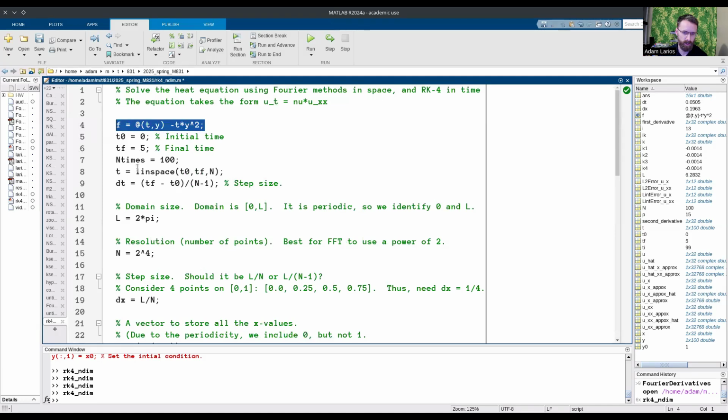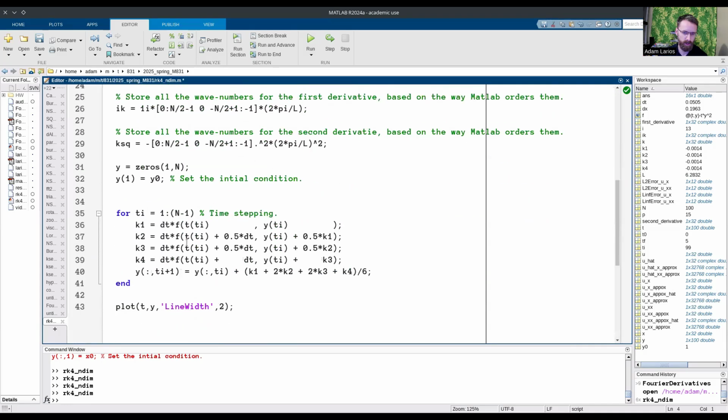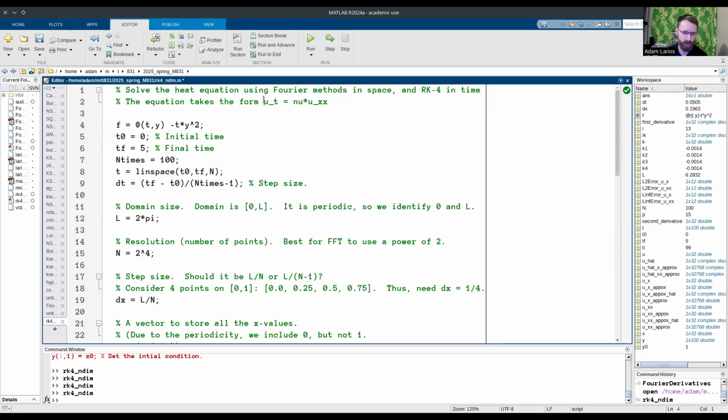The f, let's see, I better be careful here. So here we'll divide the dt by number of times minus 1, okay. The f in this case, we'll actually change this a little bit. So rather than passing f as a symbolic function, within the function, that is the right-hand side of the function, if you think about what we'll do is we'll take the Fourier transform in space, not in time, of this